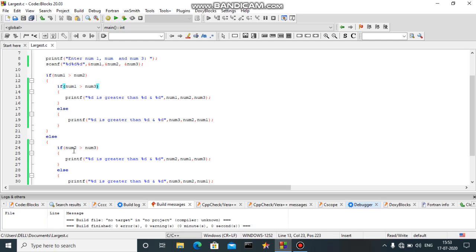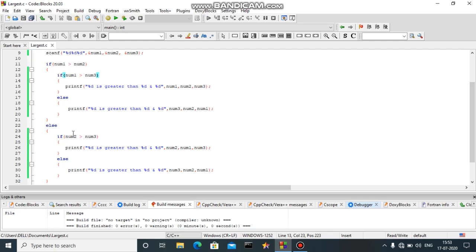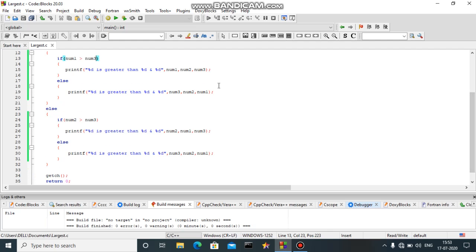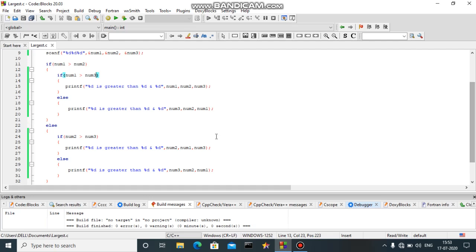If this condition is true, this means number 2 is greater than both number 3 and number 1. But if number 2 is not greater than number 3, this means number 3 will be the greatest among all three of them. So this is a little complicated. You will have to go through the program again to understand.